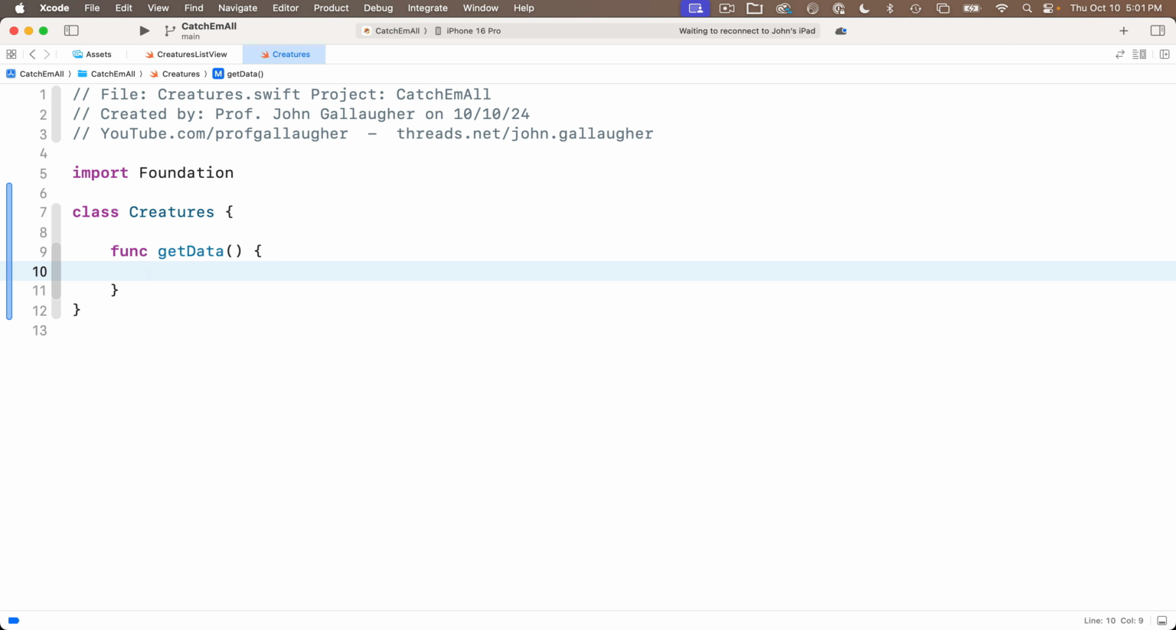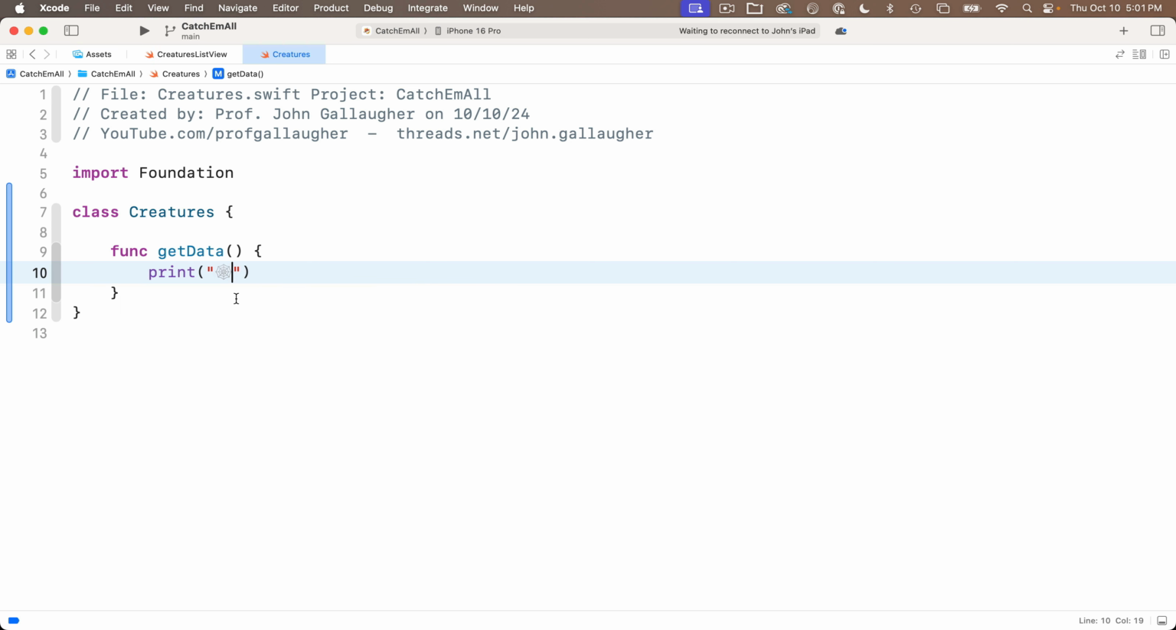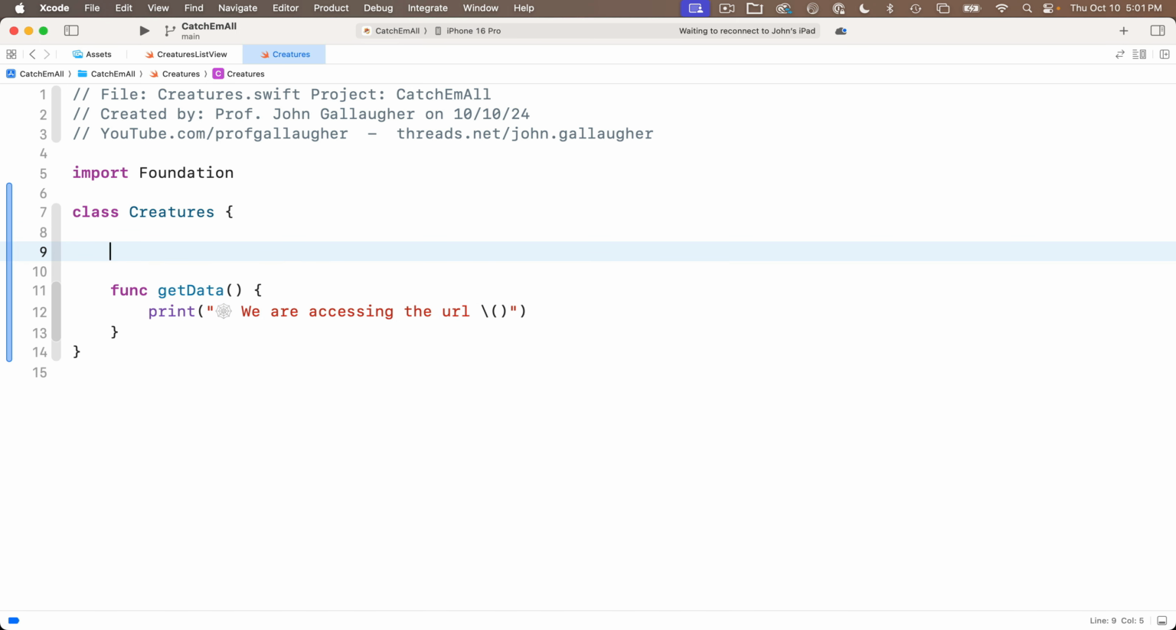So to do this, I'm going to say print, and in between double quotes, web emoji, since we're accessing data over the web, followed by "we are accessing the URL" string interp. And what do we put in the string interp? Well, I usually standardize on using a variable called URLString that holds the string that we will eventually convert to a URL. So up here, I'm going to add a property, var URLString equals double quotes,